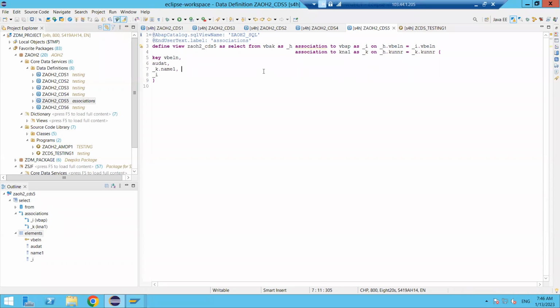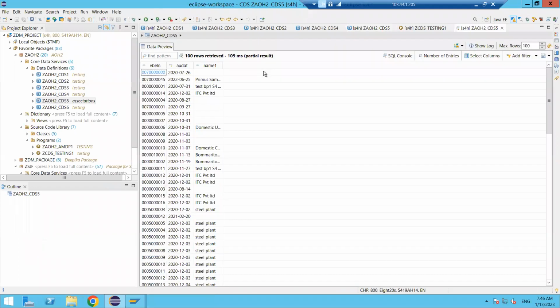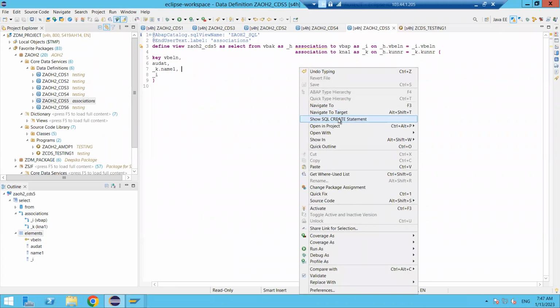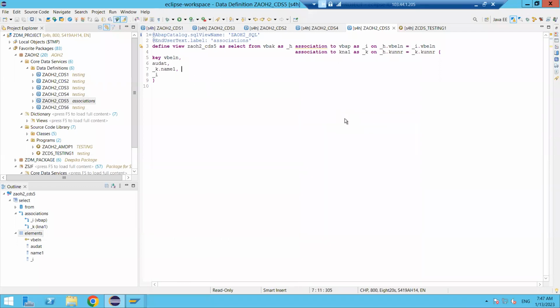It's activated. Now execute it. Fine, it is working fine here. Okay, VBELN and AUDT and Name1. Name1 is coming from the KNA1 table. Okay, and if you see something, show SQL create statement here,